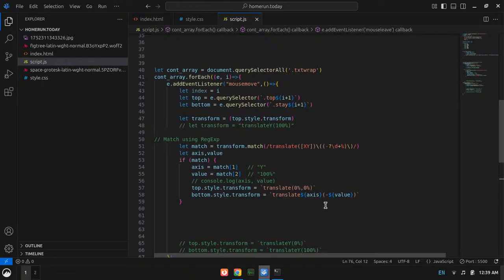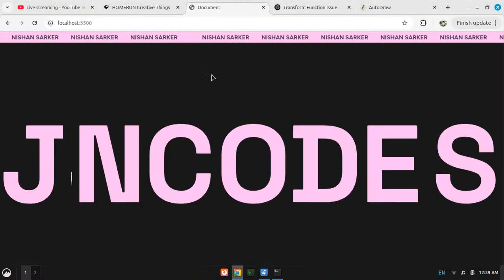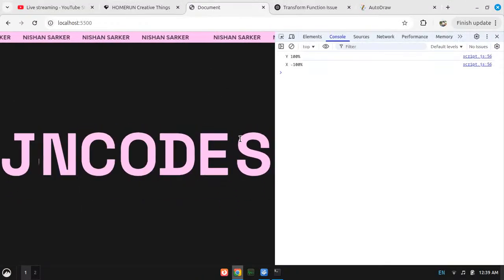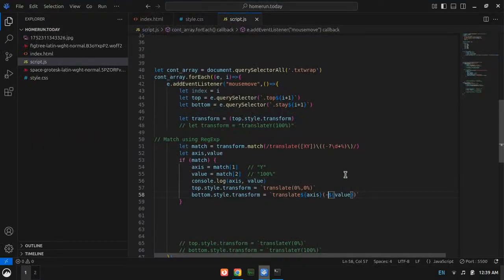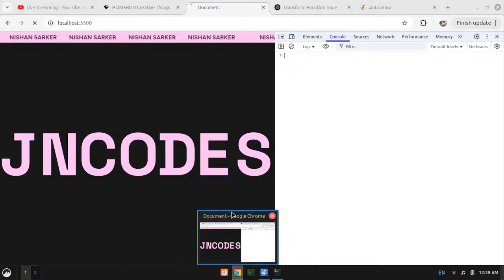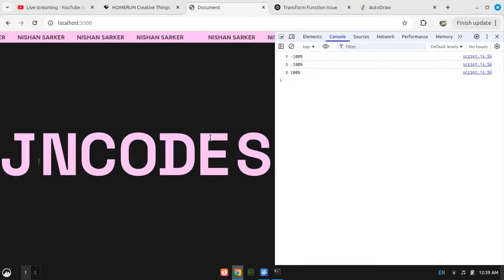Why is the bottom one not moving accordingly? I need to see the console logs. Okay, I get it. I don't even need the minus. It already works.